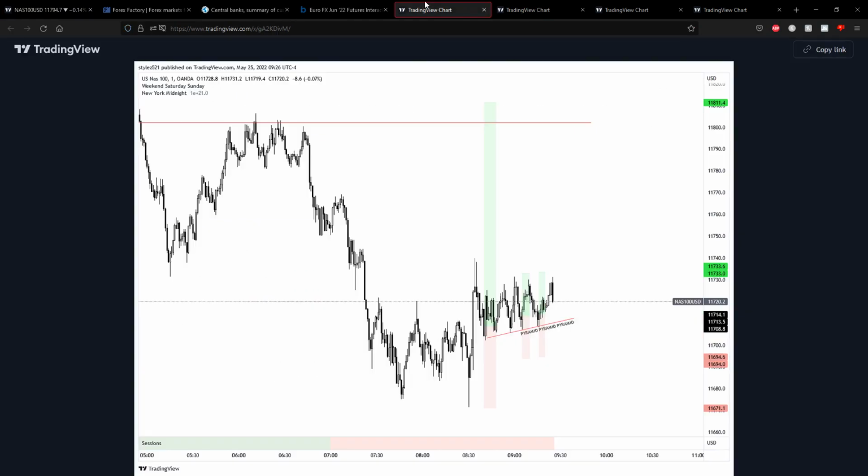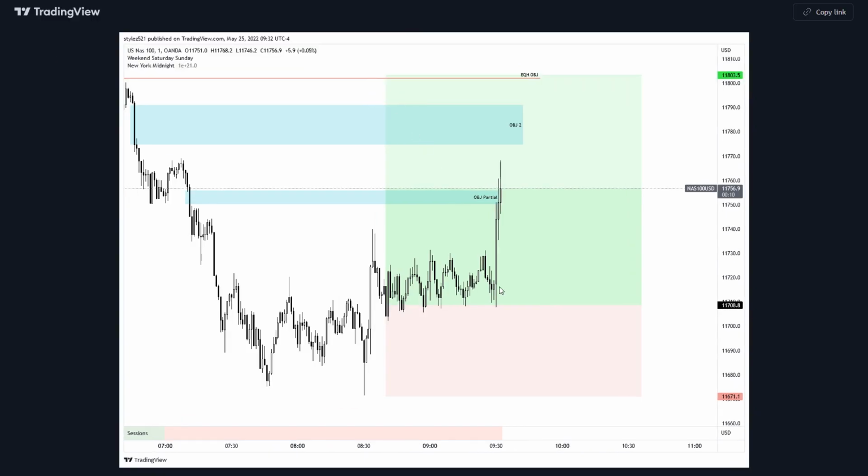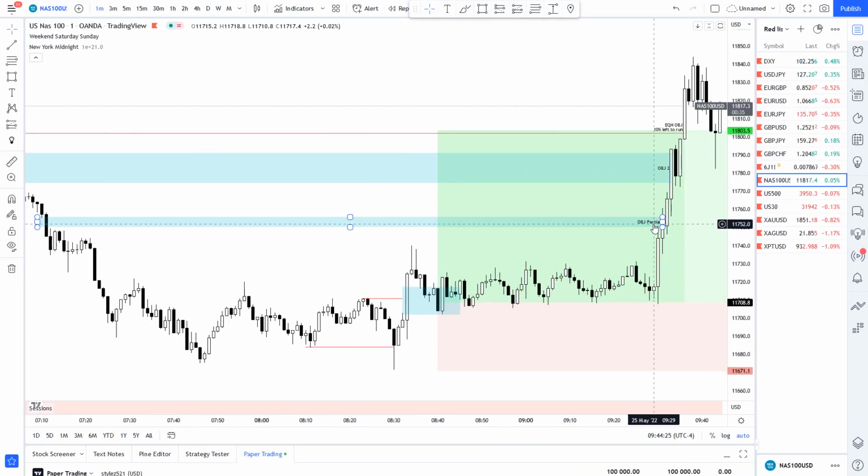Okay, and then after that, 9:30 ticked, and we had our stops at the previous low, since at the start of 9:30, price tends to be quite volatile, sometimes very unpredictable, and it'll just stop everyone out before it goes on to the move. That's why always have your stops at specific areas. So I was willing to take on that risk, and I kept my position open, had my stop here, and it just ran. So I hit my partial at my objective, so this is a small partial, just so I